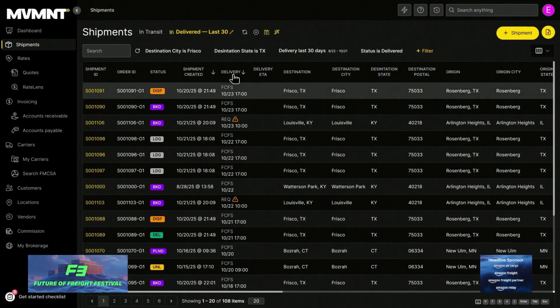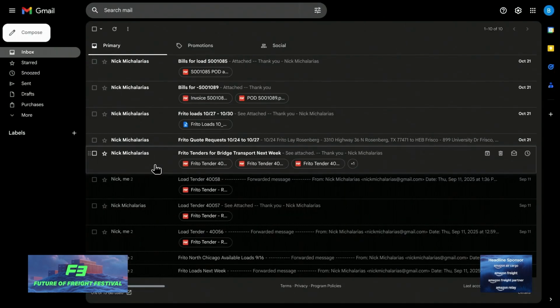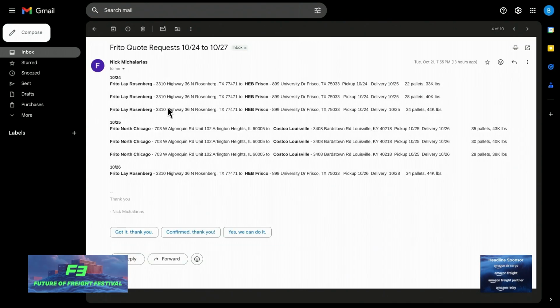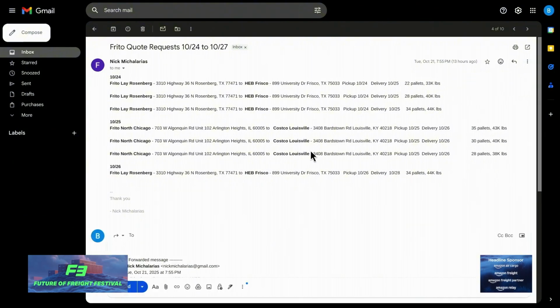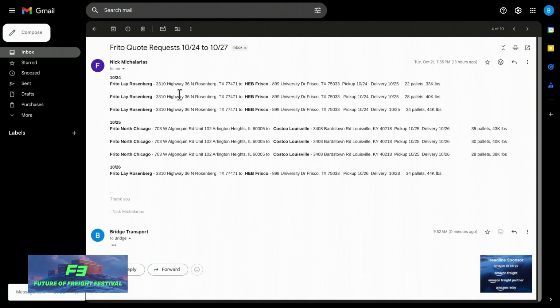So next, let's jump into load building and show you some of the automation there. So I'm in my inbox here, and let's say I get an email from a customer for a quote. So this is a standard request for a couple lanes here. I'm going to go ahead and forward this email to a special inbox that we've set up with MVMNT for quoting. So this is actually going to take all of these, scan them, match with Google Maps, and upload them